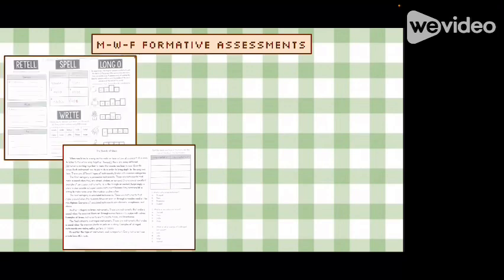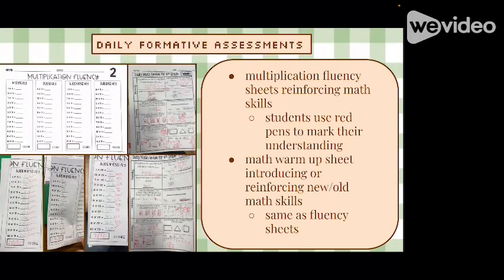especially the phonics worksheets, because it made me so sad to see how much of the students truthfully do not know how to read. So I would really, really implement these in my classroom, honestly, even if I was in a 6th grade classroom, because a lot of these students do not know how to sound out words. I would also use the math fluency sheets and the daily math review for the 4th graders, because the students in the classroom have absolutely no problem with any math skills, because the math skills are reinforced constantly with these daily formative assessments. So I would